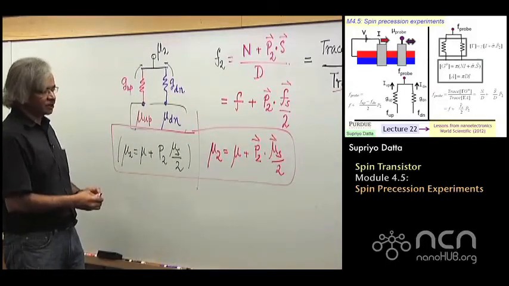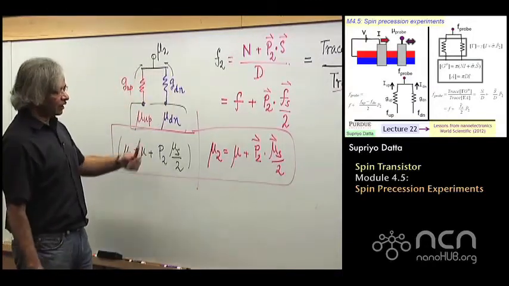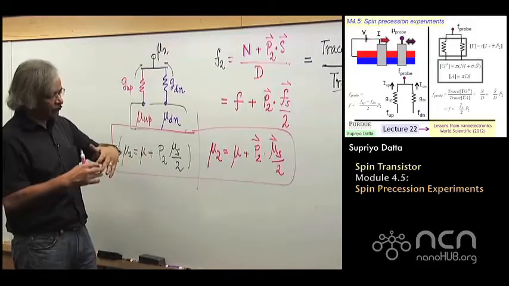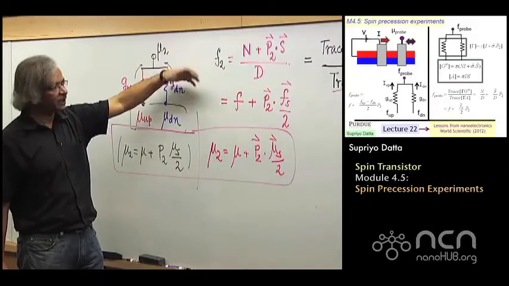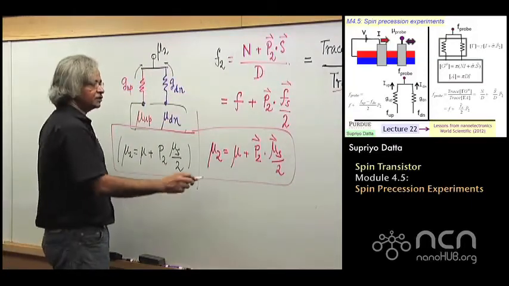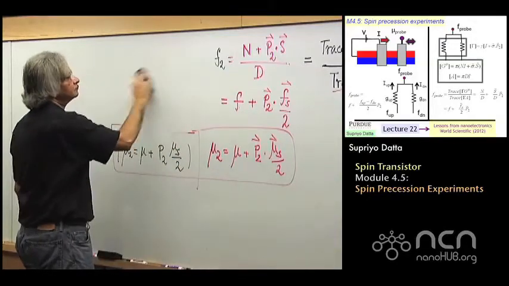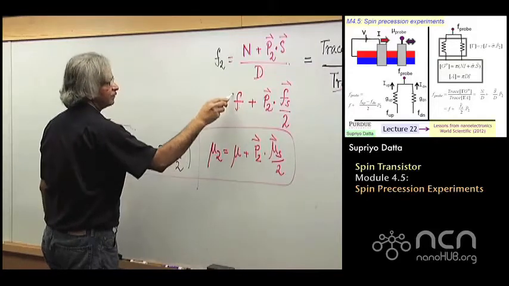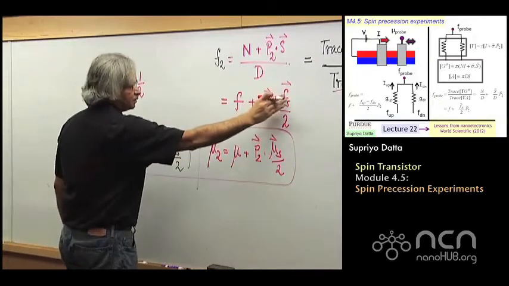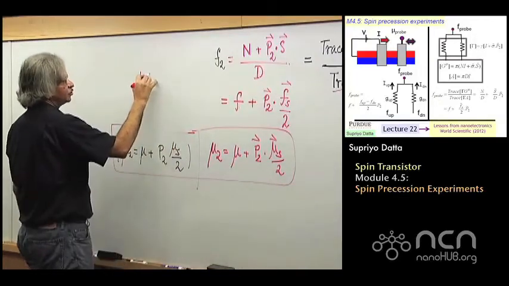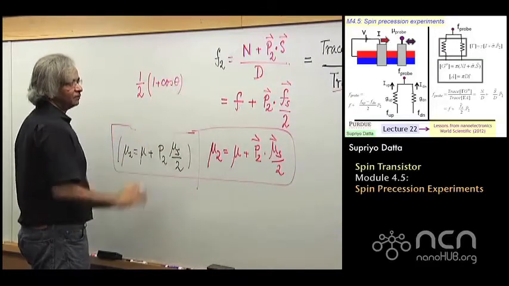And so if you had a situation where you had all electrons of one type of spin, and the other was completely empty, then this occupation F would have been like half. And the spin F would be 1, as I just explained. And so what you'd get is half of 1 plus cosine theta, where cosine theta is the angle between the